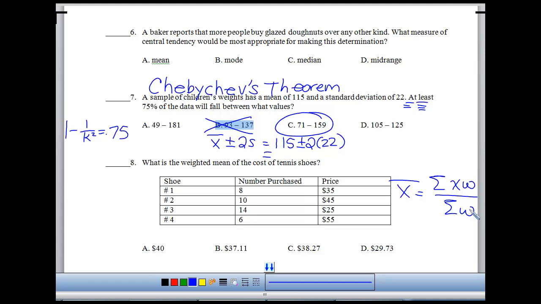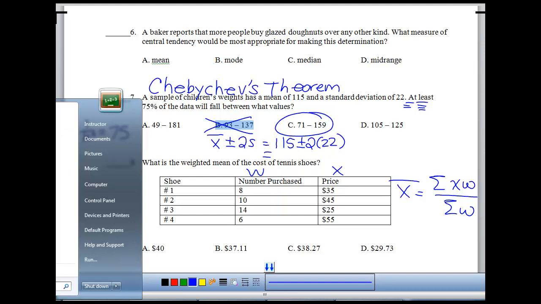What are we trying to find the average of? We're finding the mean cost, so cost is going to be our x value. Our weights would be the number purchased. If we were to write this data out, we would list 35 8 times, and then we would list 45 10 times. That's where the weight comes in. On our calculator,